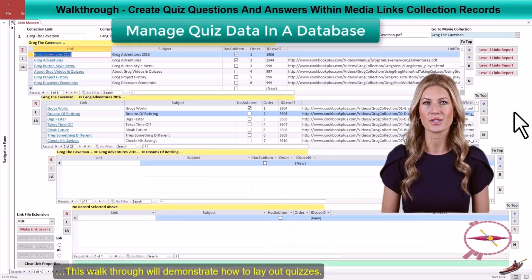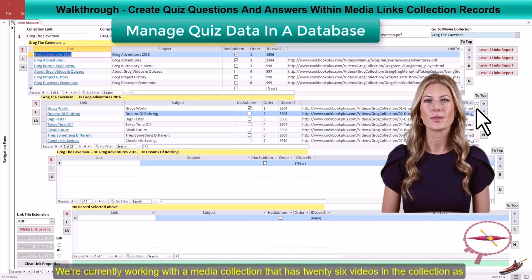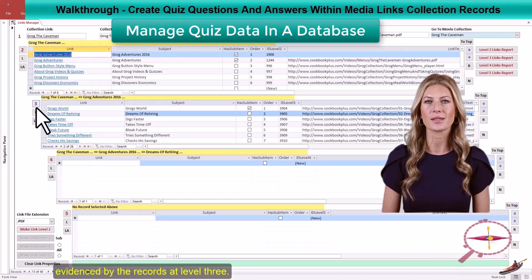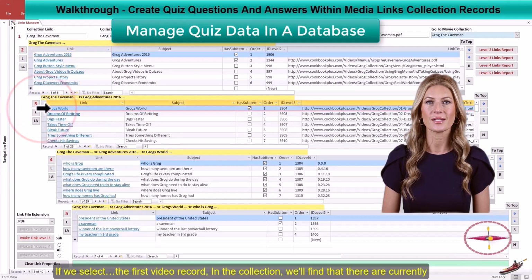This walkthrough will demonstrate how to lay out quizzes, quiz questions, and quiz answers within a media collection record set. We're currently working with a media collection that has 26 videos in the collection, as evidenced by the records at level 3. If we select the first video record in the collection, I will find that there are currently entries